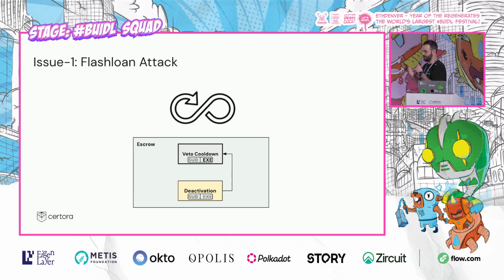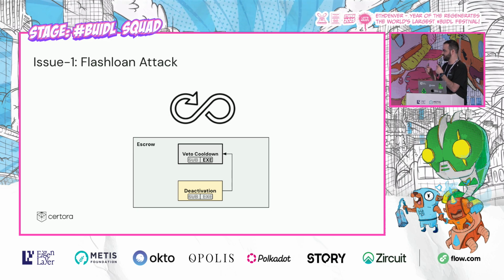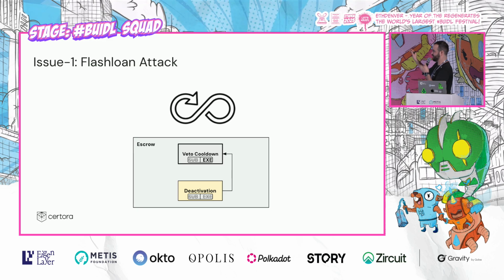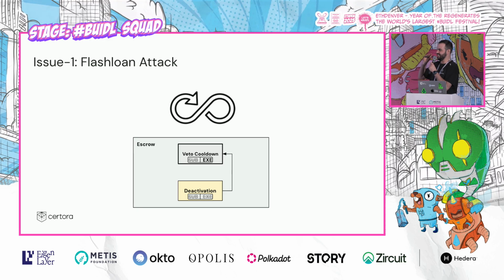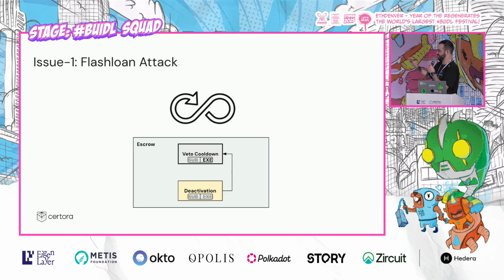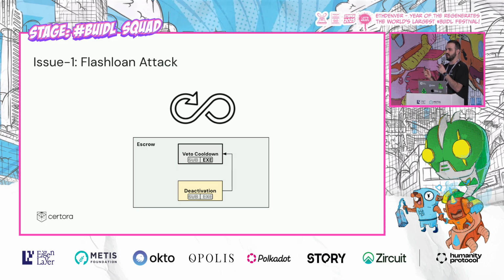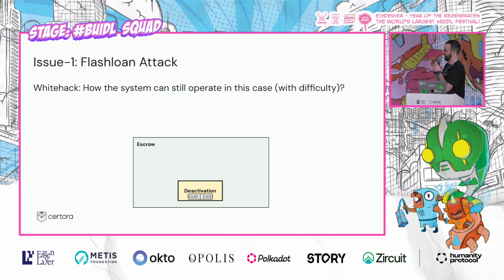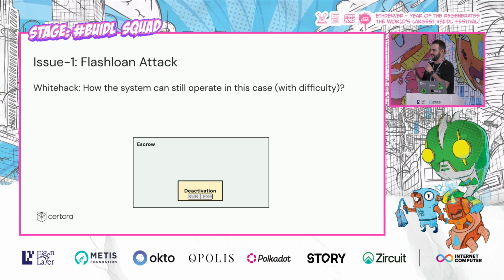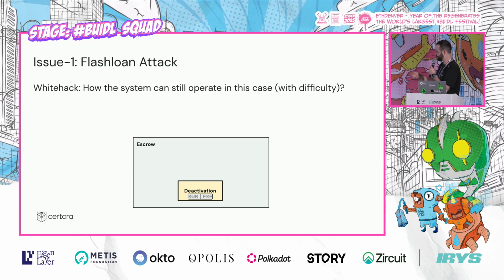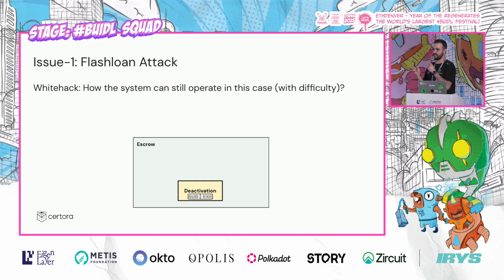So that's, of course, very bad. And just a reminder, the attacker didn't need to have any funds to do it, so he can just flash loan everything, so no money, and you can just make the dual governance be stuck forever. That's, of course, a big problem. So there is a small white hack that Lido or some white hat can do to try to help the system in this design. It doesn't solve everything, but it's a small improvement.